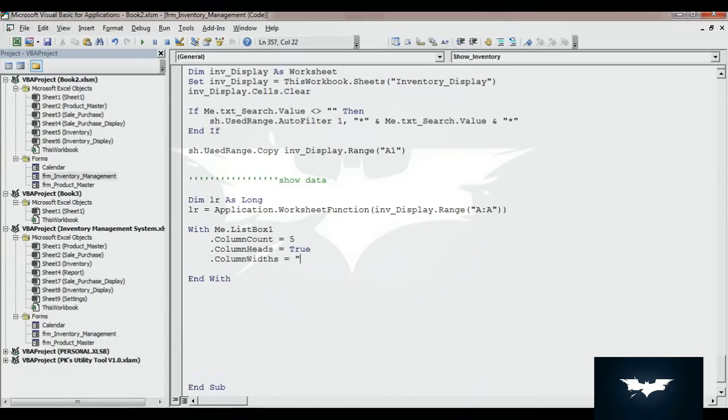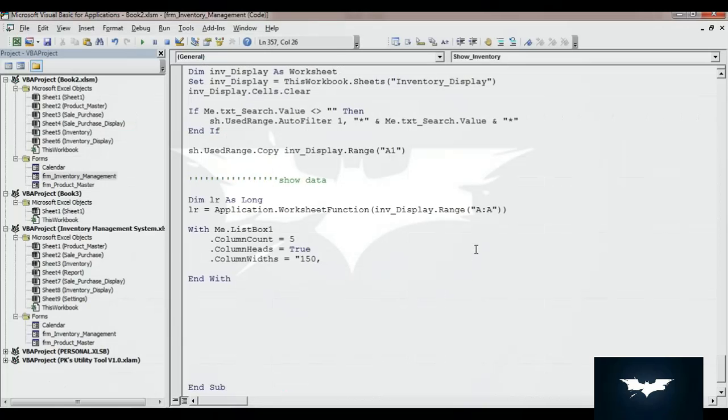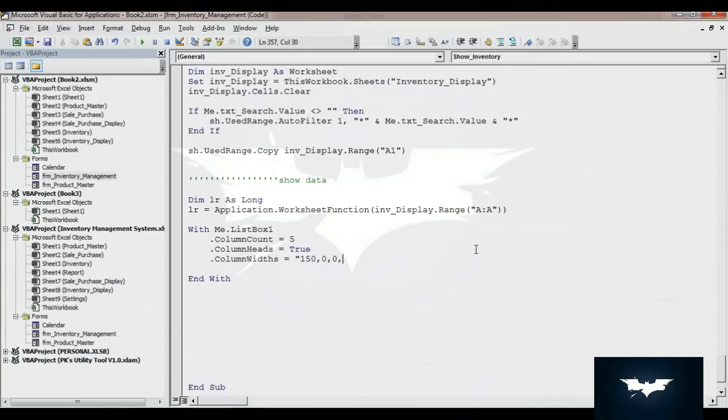So we want to display only available stocks, the rest we will keep hidden. So I will take 150 for the product name, comma, then the next is sale and purchase, I'll keep 0, 0, comma, then for the available stock, let's say 80, and again I'll take 0.